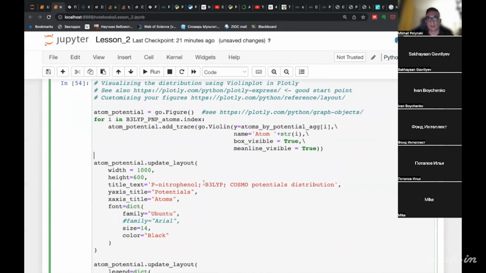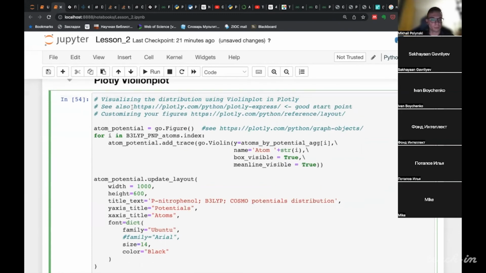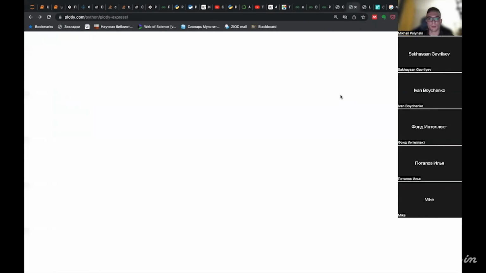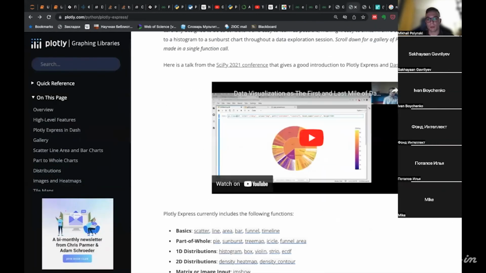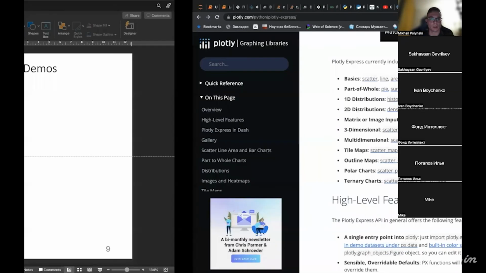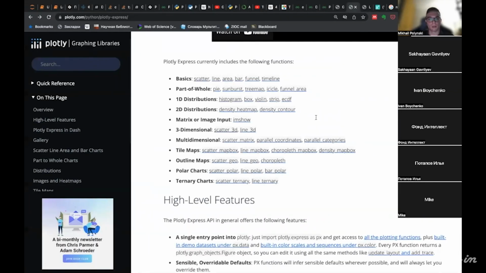Plotly is a library for data visualization, and as a good start, you should follow this link I've provided in the notebook, and consider examples of using Plotly Express. It's really simple, in fact, and it's much more simple than the code I provide you.